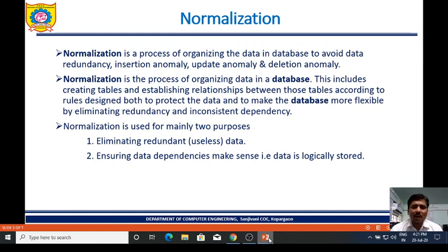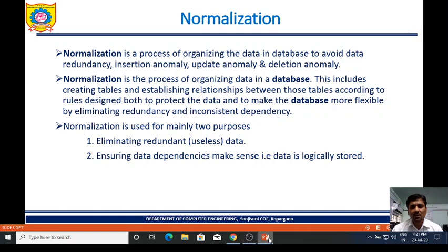We are going to normalize tables by removing duplicate data and inconsistent data. That is normalization. Normalization is mainly used for two purposes. First, eliminating useless redundant data, and second, ensuring data dependencies make sense, that is data is logically stored.